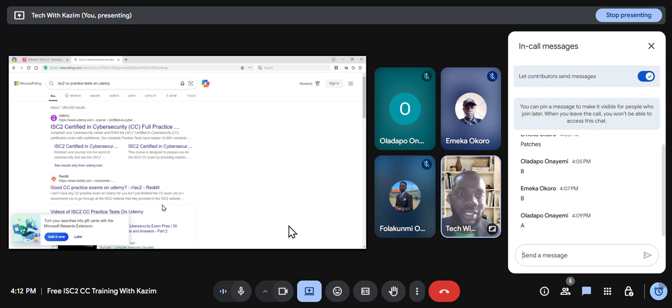So practice tests are timed, right? Because don't forget the CC exam is 100 questions that you have to answer in 2 hours. You can even answer them before the 2 hours, but just ensure that you're able to maximize time. I've had some people, though not on the CC exam, walk into some exams, run out of time, and fail. So time management is part of what these exams are also trying to test you on.